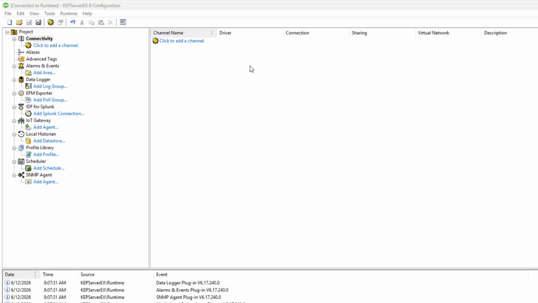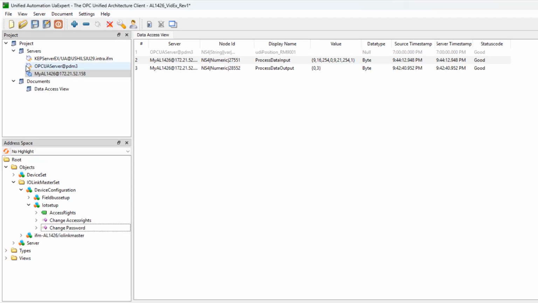as we saw in UA Expert, it turns out that KepServer does not support method calls, and the method calls are what are required in order to change or update the password for the OPC UA communication to the output functionality of the master. So not a big deal per se, because UA Expert is freeware, so you could download